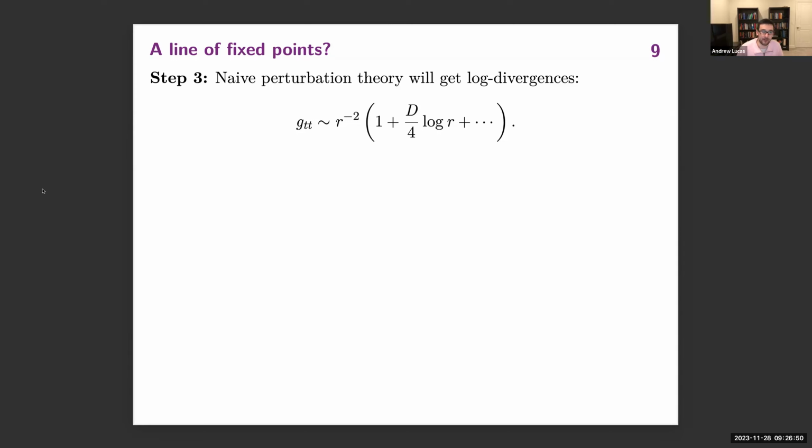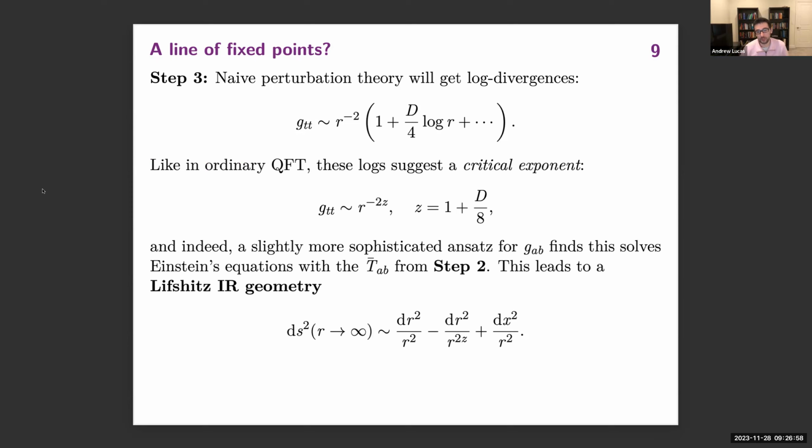And in this case, if it's the time component of the metric that's getting these logs, it suggests that we're getting some non-trivial Lifshitz exponent, okay? And so what Hartnoll and Santos showed is that if you cleverly reorganize the perturbation theory for Einstein equations using some Borel resummation trick, you can get a manifestly convergent perturbative expansion, or so they argued, where Z, the dynamical critical exponent here, ends up getting an order D correction, okay?